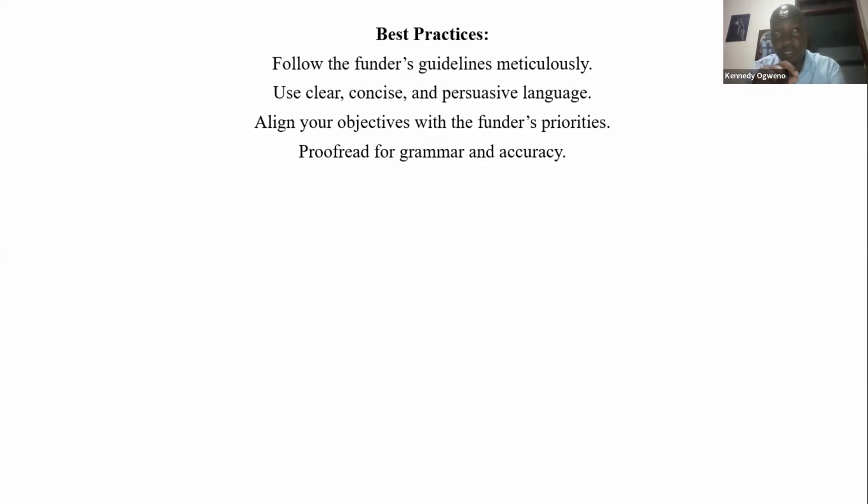Grammar is very key. You don't just misspell some of these things, a lot of errors. You need to proofread it. That's why when you are the PI of that study, you also have the co-PIs, okay? So these people, you need to write to them so that at least they can help you. Just like writing a manuscript. When you want to submit a manuscript, it will be going through so many reviewers. What happens with the reviewers? They review grammar, everything, the nitty-gritty, before it's submitted for publication. So that's how we write manuscripts.